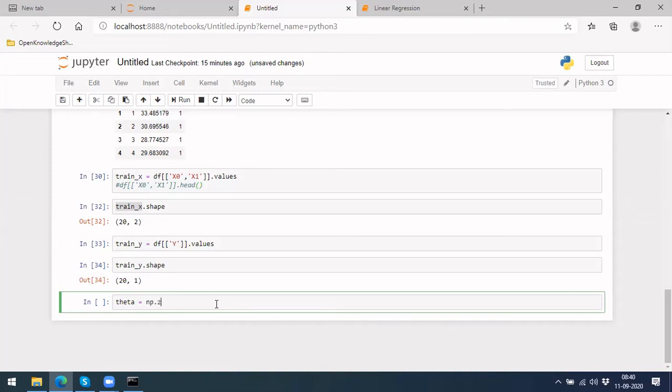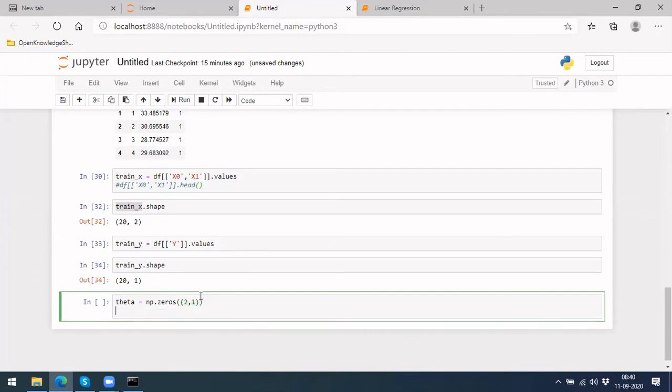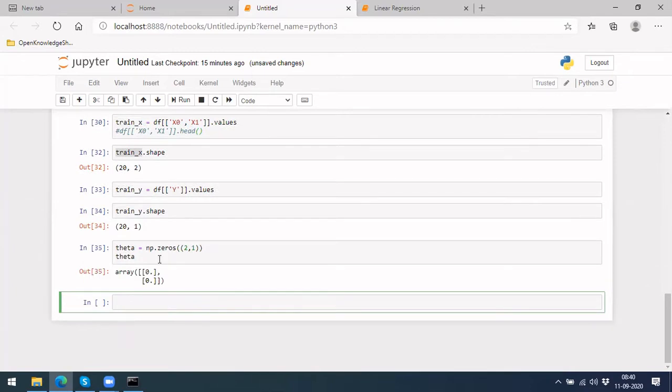So we can take np dot zeros. So in numpy we have 2 comma 1. Okay, let me see what this will give. See, 0, 0 comma 0. Okay, so this is nothing but what we have done in theory. This is theta naught and this is theta 1.